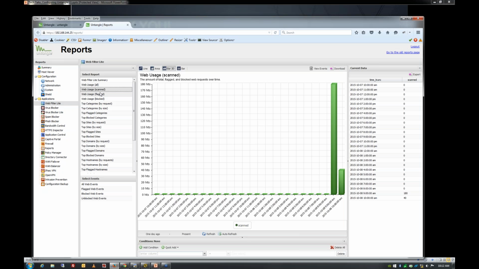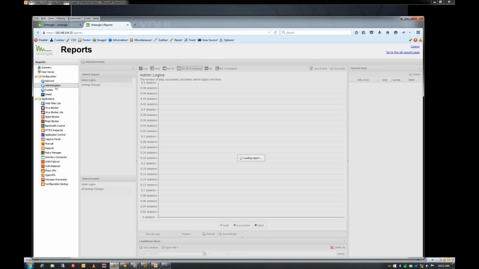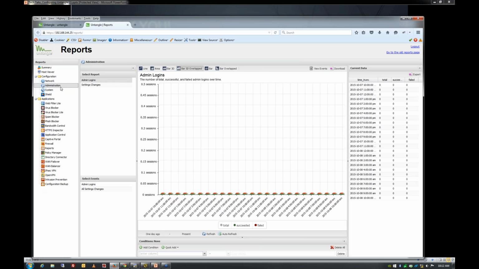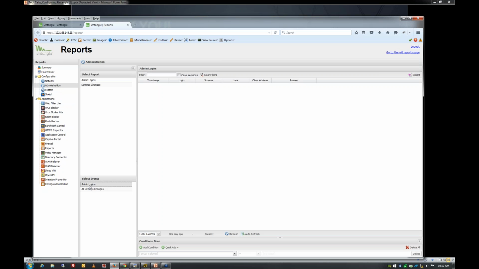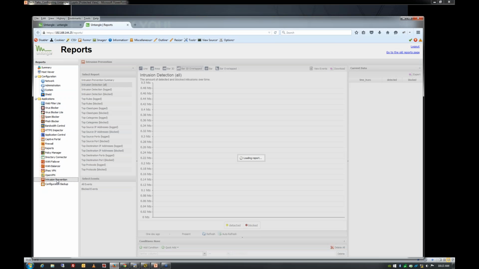Yeah, you can definitely know who's trying to access your website from the outside. There's two things. If you look at administrative logins, you can actually see who's logging in. I'm actually logging in internally, so it's not going to have any logins, but you would see login attempts here that were failed. The other thing you can do is look at intrusion prevention,